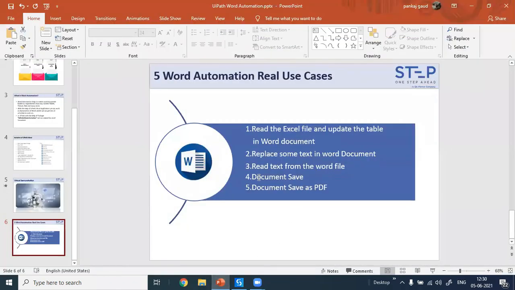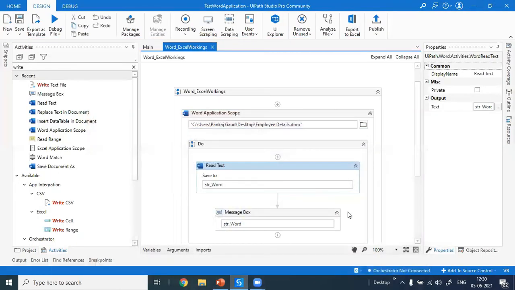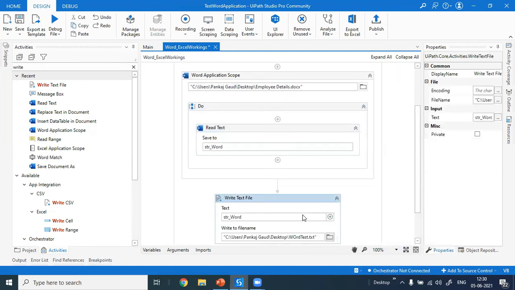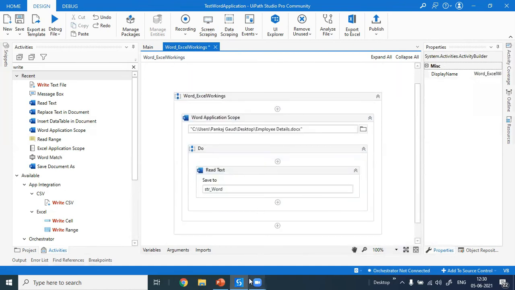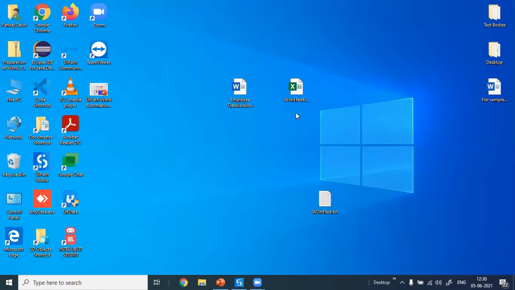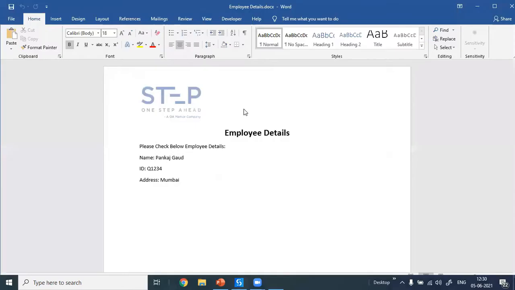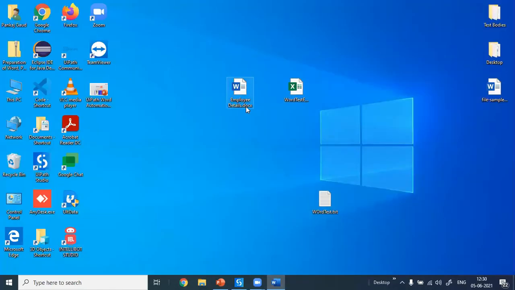So proceeding further, there are two more activities to save the document. For saving the document, our document is in the docx format.